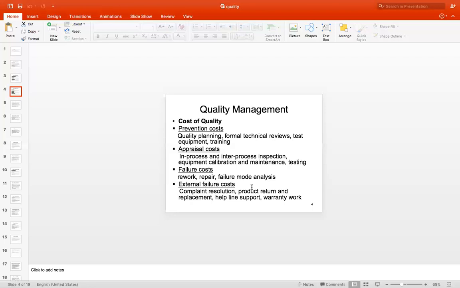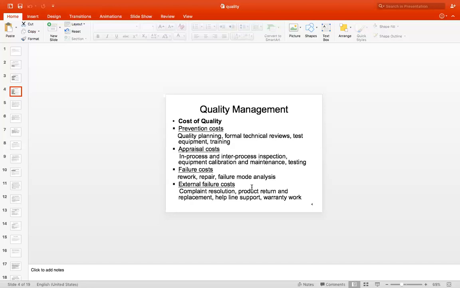See, all these things come under supporting or maintenance, complaint resolution or the product return or the replacement or the warranty. So when will you know all these things? Only after deploying the project to your customer, right? So all these are some maintenance costs. So you should allocate the budget in such a way that you keep all these things in mind, right? You are not supposed to allocate the budget for the exact completion of the project.